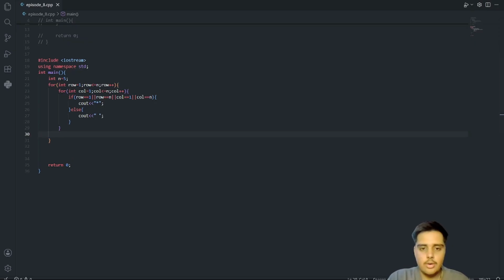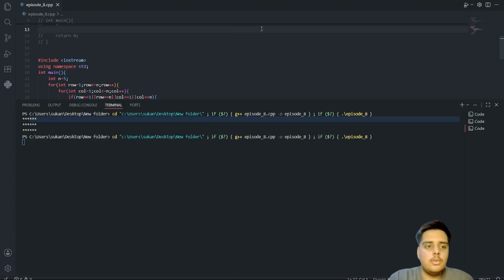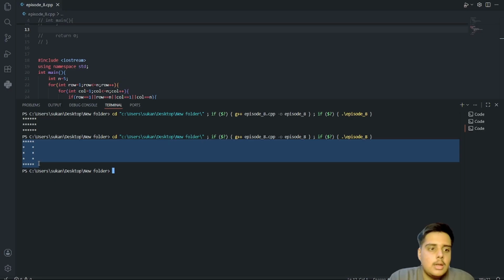So this is the code for this loop. After this we will just write here cout end of line and done. Now when I execute the code, yes, so you can see here we have printed hollow square.